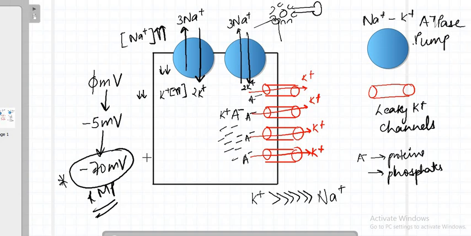any difference, right? So majorly two factors are responsible for the resting membrane potential: the sodium potassium ATPase pump and leaky channels for potassium, because neurons are more permeable to potassium. The diffusion rate will be higher for potassium with respect to sodium. So this is what the resting membrane potential is. Inside it is minus 70 millivolts.